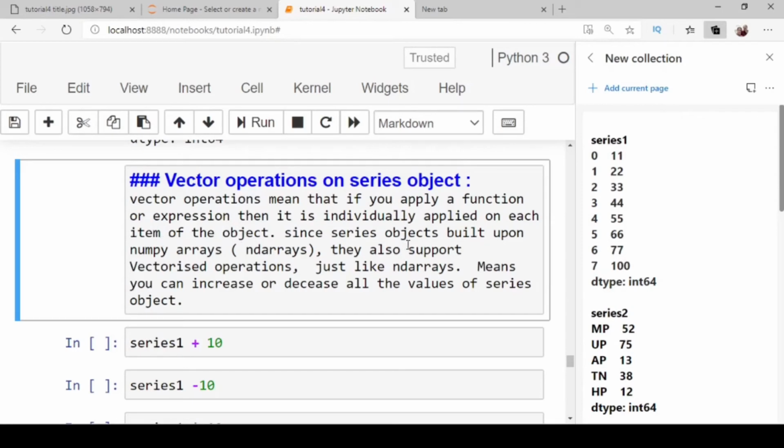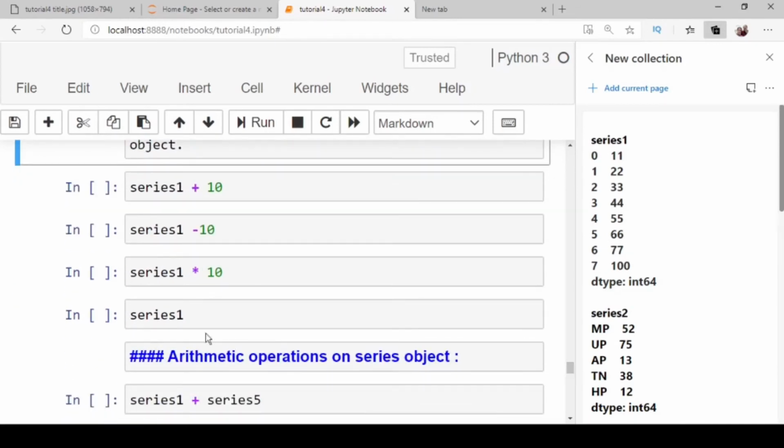Since series objects are built upon NumPy arrays, that is ndarrays, they also support vectorized operations just like ndarrays. It means you can increase or decrease all the values of the series object. Series 1 plus 10, series 1 minus 10, series 1 multiplied by 10 are valid vector operations in the series.